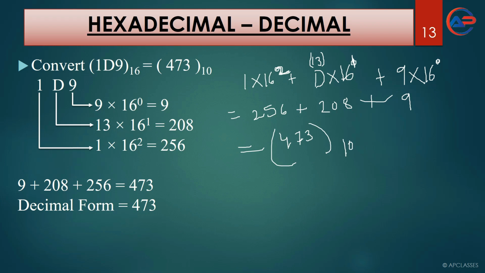This is how a hexadecimal number can be converted to decimal, and to verify you can convert the decimal number back to the hexadecimal number system by dividing it by 16, just for verification purposes. So with this I end this conversion, and the number system for class 7 is over.